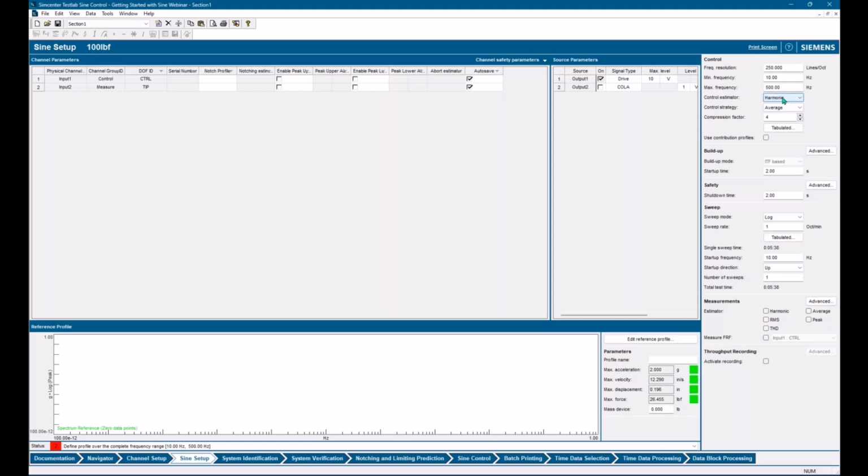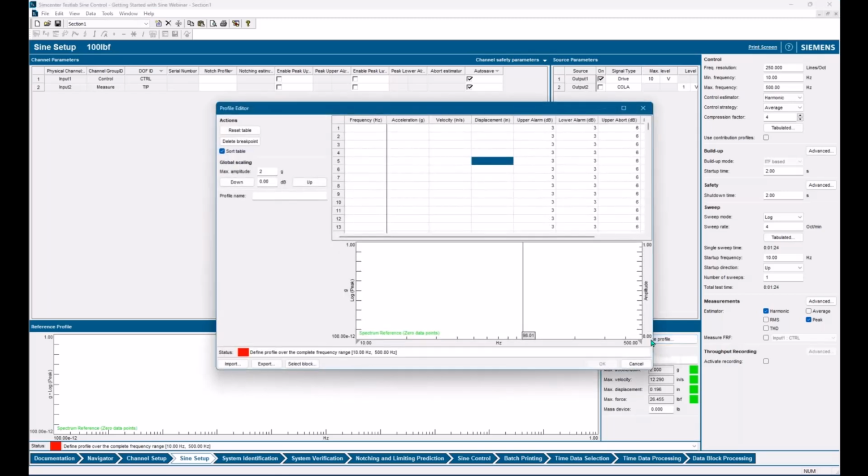I'm going to keep my control estimator as harmonic, and we'll talk about what that means in a couple minutes. Our control strategy is going to be average. There's also extremal control, but again, we'll talk about that later. The main thing here is I'm going to define my sweep rate and my measurement estimators that I'm going to use. So I'm going to select harmonic and peak.